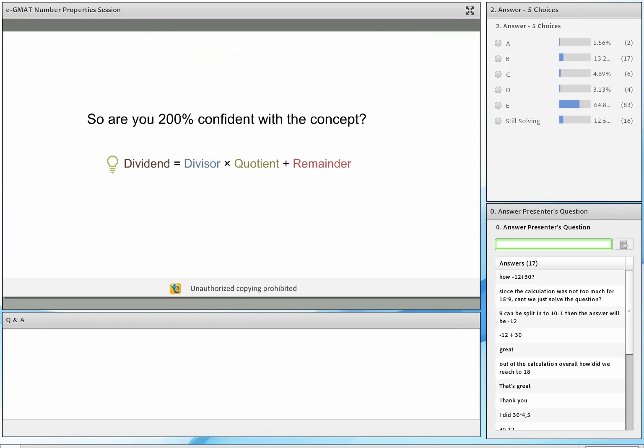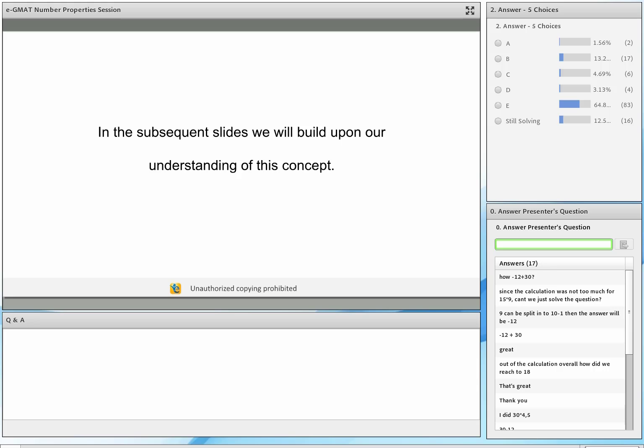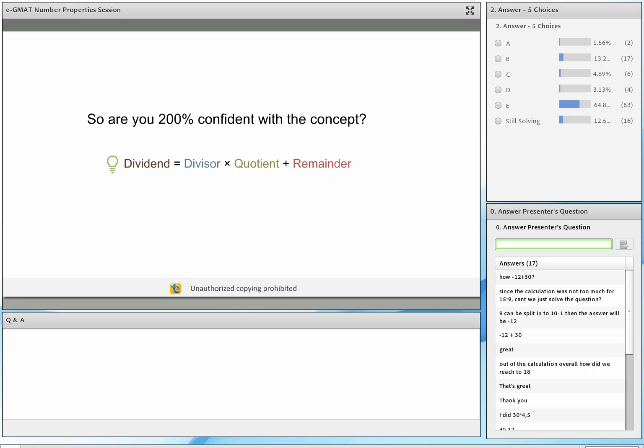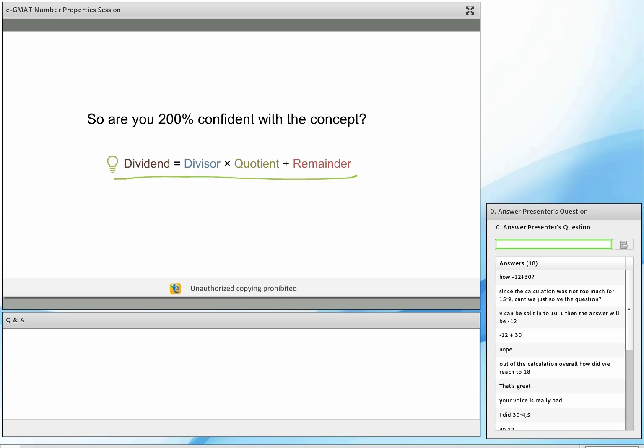Okay. Now let's come to our 700 level questions, and the first set is going to be problem solving. Now, what I want to first build before I show you the next set of questions, I want to build upon some more conceptual understanding with regards to this concept. Okay, so let's do that first.